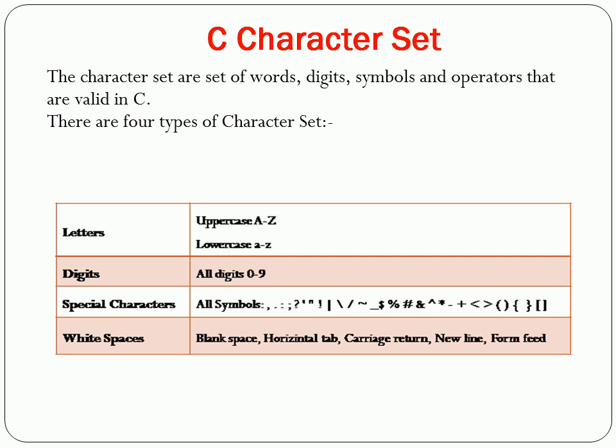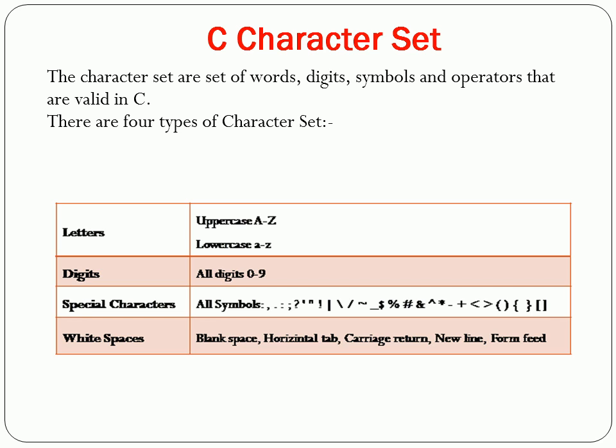Characters can be combined to form variables. C uses constants, variables, operators, keywords, and expressions as building blocks to form a basic C program. Now, what is a character set? A character set is the fundamental raw material of any language, and it is used to represent information.